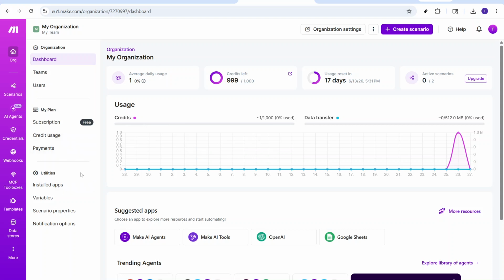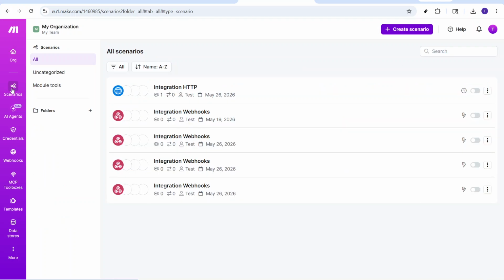To get started, first, open up your Make.com dashboard. From here, locate the tab labeled Scenarios. It's the primary space where all your workflow creations are stored. Select the particular scenario that you wish to export. Opening this scenario transports you into the Scenario Editor, a familiar workspace that gives you a bird's-eye view of your